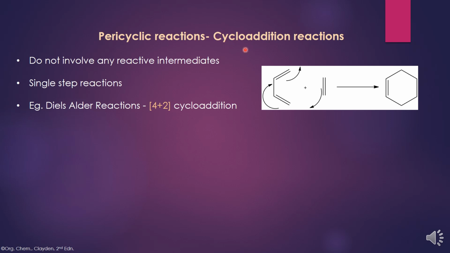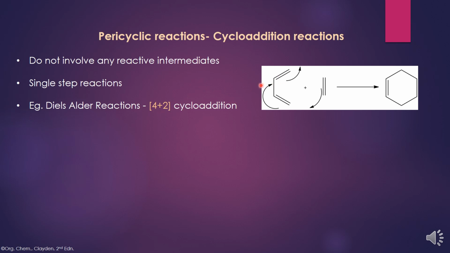Here in the cycloaddition reaction, we can see it is just the cyclic addition of the reactants. The reactants add to give a cyclic product. Here we can see a butadiene adds to ethene to give a cyclohexene. It's a cyclic addition of the reactants in a single step to give a cyclic product without any formation of reactive intermediate. So here we can see the Diels-Alder reaction is denoted as a 4+2 cycloaddition, which